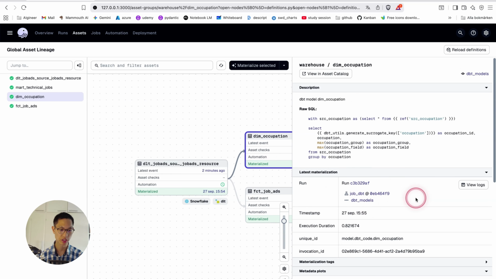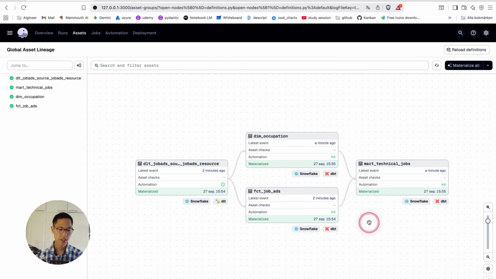You can take a look into the latest materialization. And when this is done, like 1 minute ago or 2 minutes ago, you can go into Snowflake to check that the data actually is there. Okay, so I have opened up Snowflake, and note that it's taken a few minutes. So now you see it's 6 or 7 minutes ago. This means that the time is around